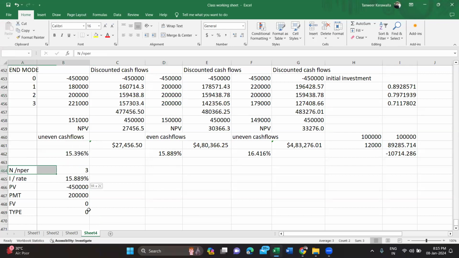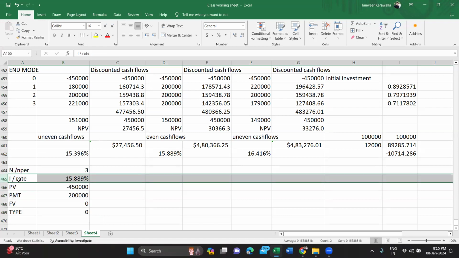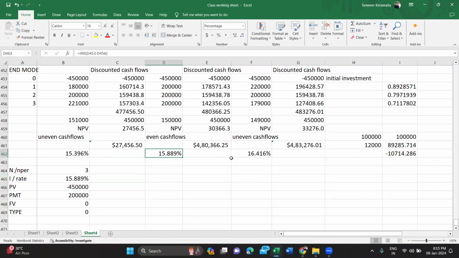So this is one way of doing it when there are even cash flows; the IRR can be computed this way also. But for that, you have to have the data in this format, in order, one after the other. Then we can do it. So that's your IRR. Now, if I want to do the same thing in begin mode, if these investments are at the beginning of each period,